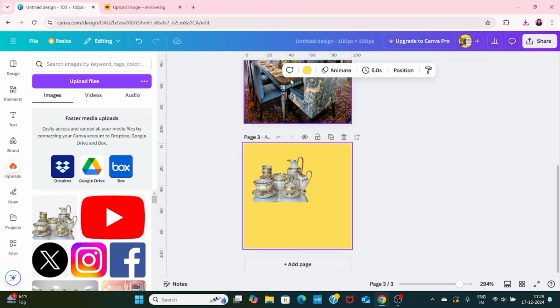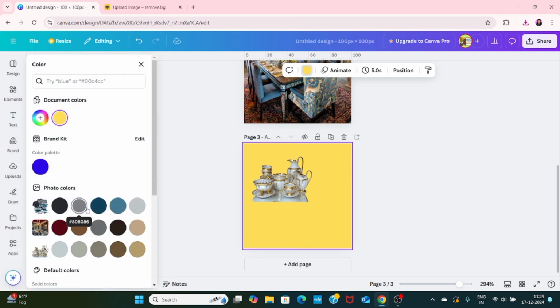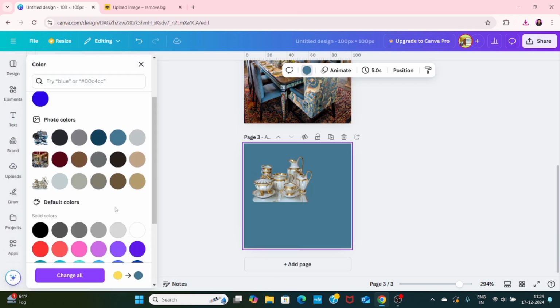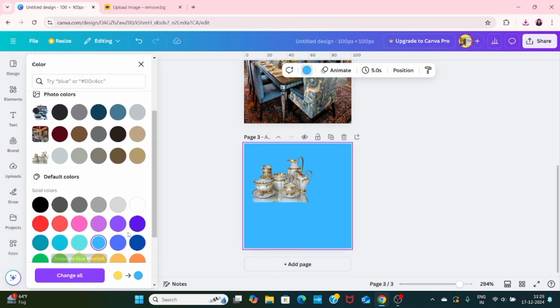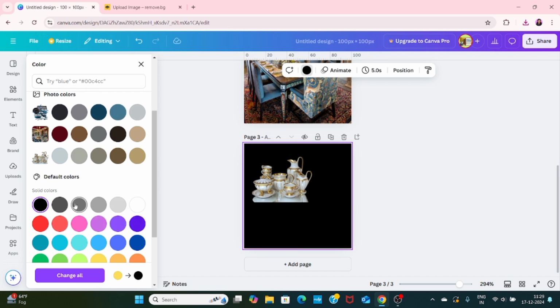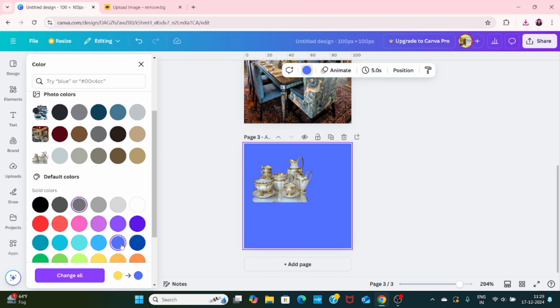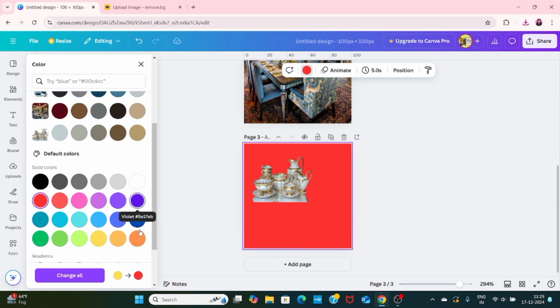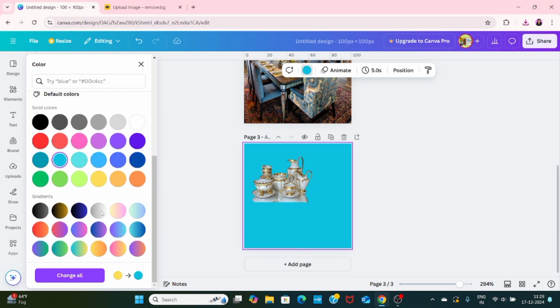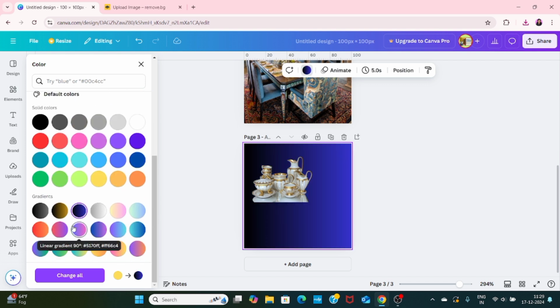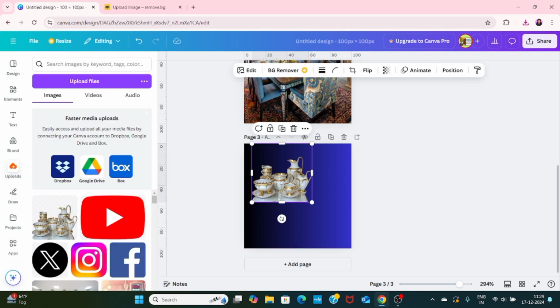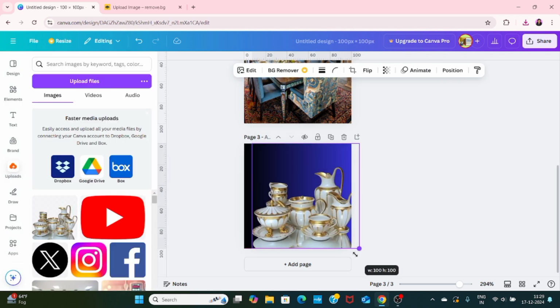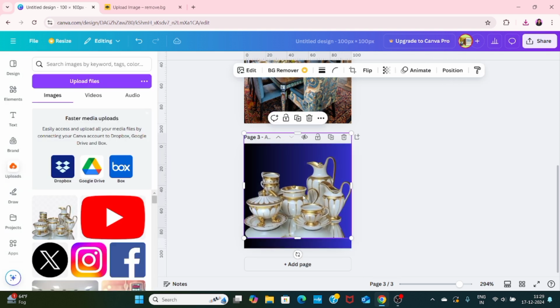Okay, if we want a different background, we can change the background color here. As you can see, any background color which will suit our image in a perfect blend. For example, if I'm taking black, black is not looking so good. For example, let's take this particular red or this blue. Which color is suiting the best? For example, I'm taking this gradient color, just as an example. Then we will adjust it accordingly